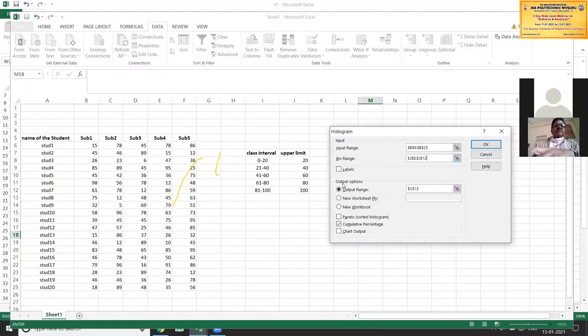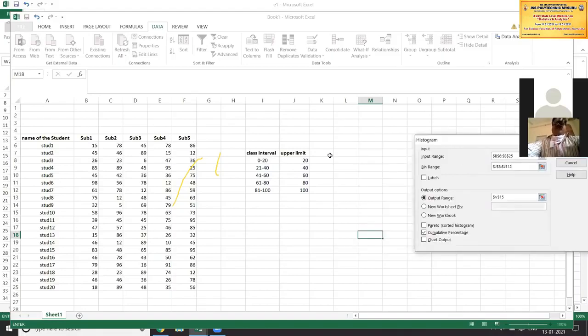Next, the output range. I'll select the output range next to here and say I want the cumulative percentage also. So I'm clicking cumulative percentage, but I don't want the chart because I want to draw the frequency polygon and curve. So I'm disabling the chart output, just enabling the cumulative percentage now. And I'll say OK.